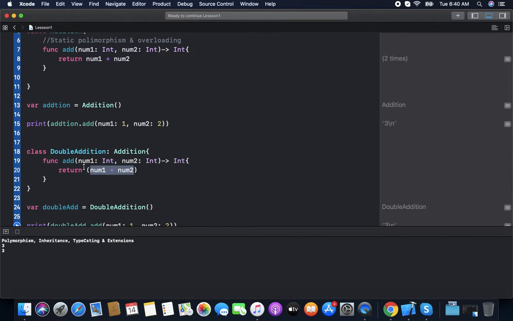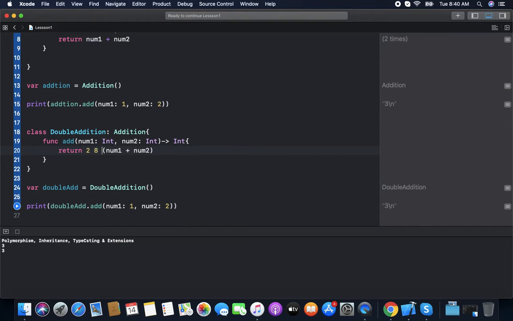We always want it to return double the addition of these two numbers. You can see it tells us to mark it as override. So to override a function, we need to mark it as override. So now you can see the result.